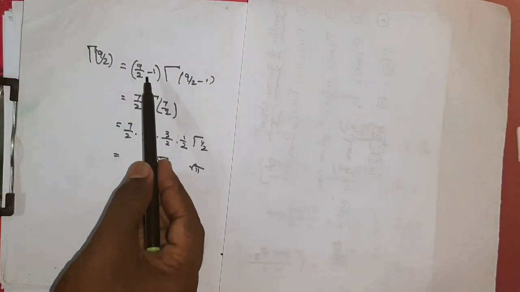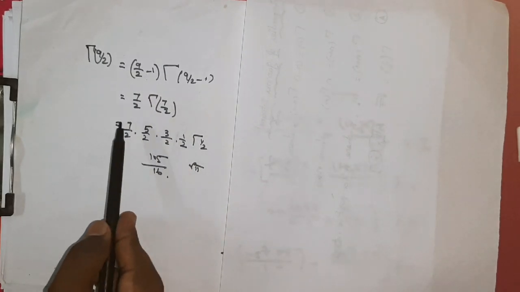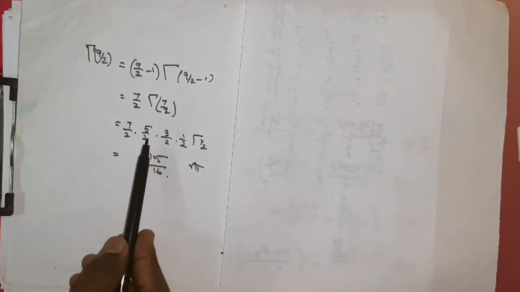So every time you apply the formula, 2 will be reduced in the numerator. So I keep on reducing. First I get 7 by 2, again 5 by 2, again 3 by 2, then 1 by 2. Then after that I cannot reduce, so I stop here. Whatever the value where we stop, the same should be written in gamma also. So gamma of 1 by 2 value we know, that is root pi.